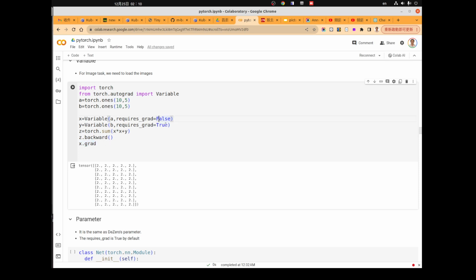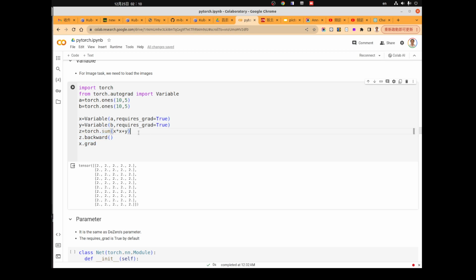Typically, for the parameters inside the model, we should set it to true, so that the grad variable will be available, and when we call backward, we will calculate the value of the grad according to the rules of the deep learning framework.